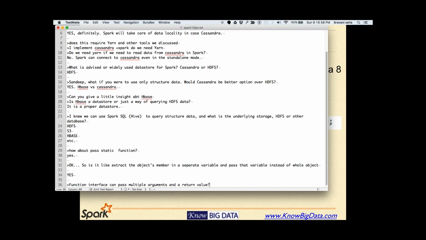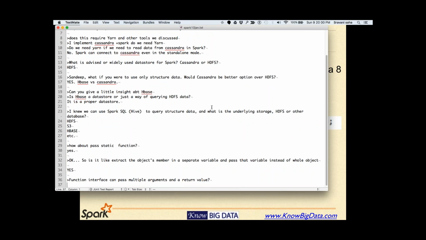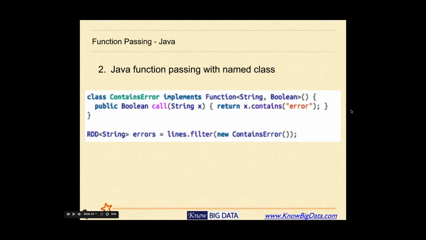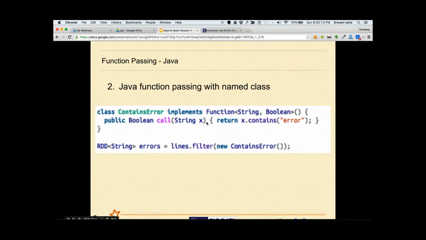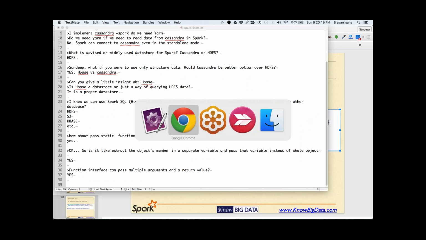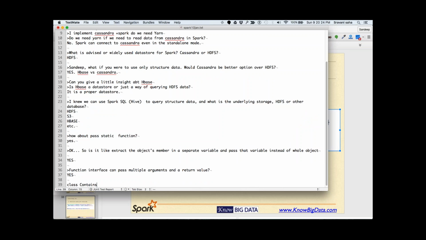Question from how is that function interface can pass multiple arguments and return a value? Yes. Okay, I'll show you that. So it could be considered like this. We could write it in a way. We could say class contains error, okay, implements function, and here what we are saying is string and boolean,